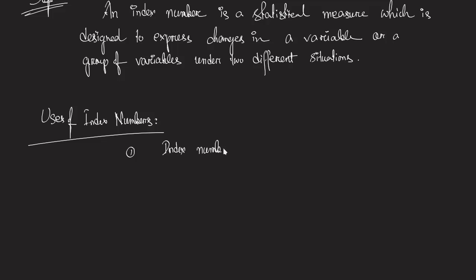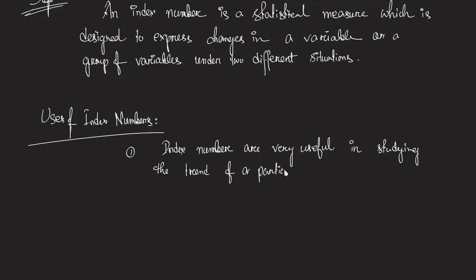Index numbers are very useful in studying the trend of a particular commodity, or for forecasting, right? Forecasting means